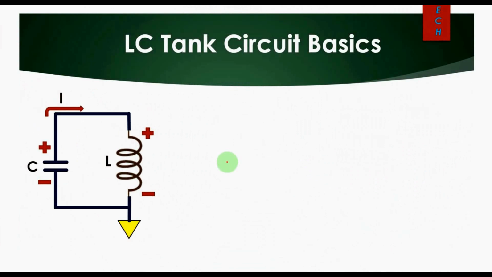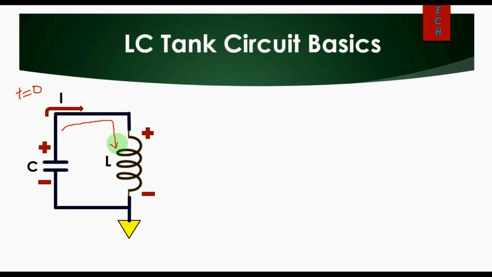Alright. So now we will understand the working of the LC tank circuit. A capacitor C and an inductor L form the LC tank. That is why it is called an LC tank circuit. At time t equals 0, you apply a voltage source across this capacitor. Now this capacitor stores energy. Once this capacitor is completely charged, it will discharge through this inductor.